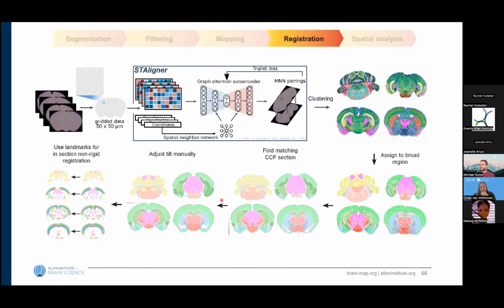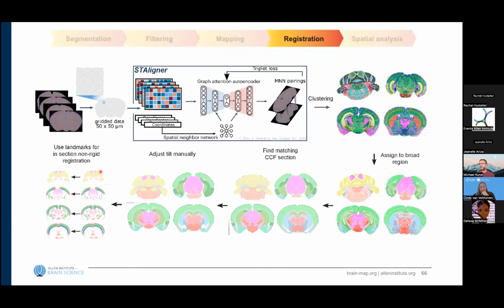in the CCF. So once you've done that, the last step then is to adjust for any kind of individual variability and differences here by using finer landmarks and using a non-rigid registration. So we go through that iteratively. So we go from anterior to posterior, if you find landmarks for all these various regions, and then do a more fine-grained registration to make sure that the cell types and landmarks get moved and properly overlap with what we